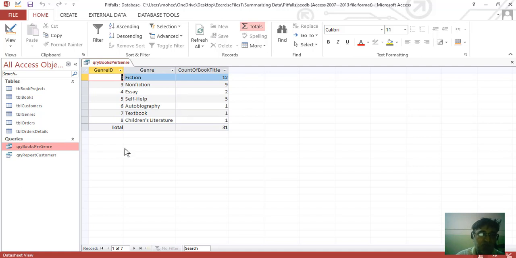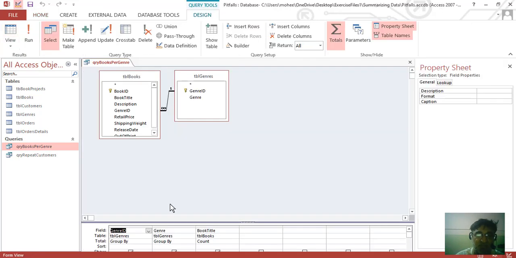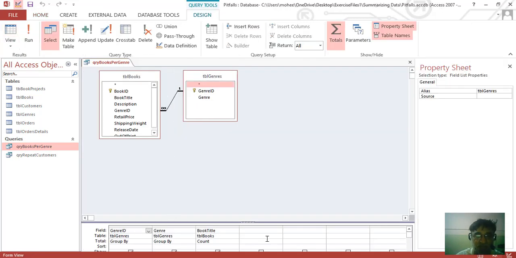We can see that the fields item ID, the fiction, and the book titles are given. As we are analyzing this, we can see that this data is displayed because of this query.